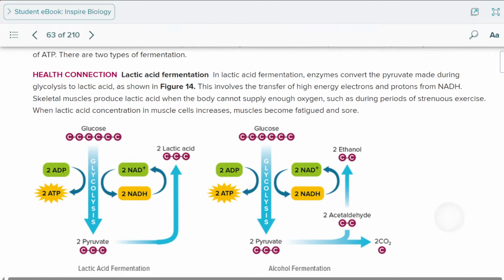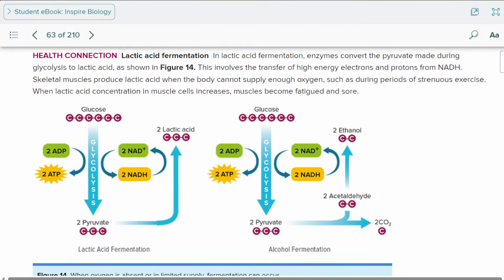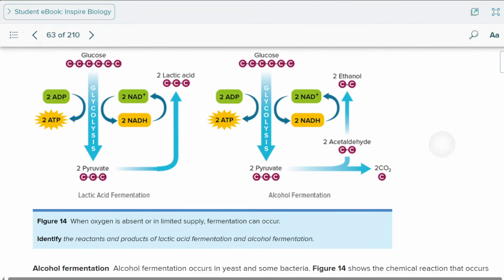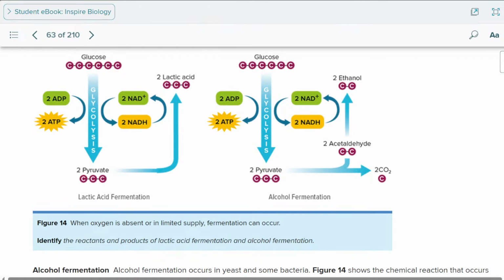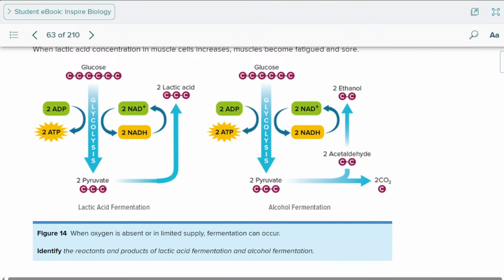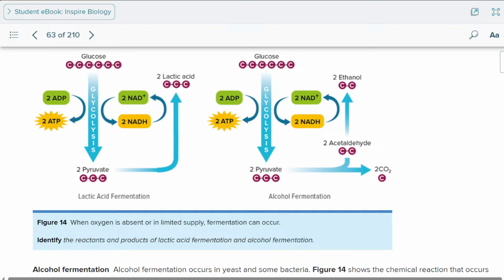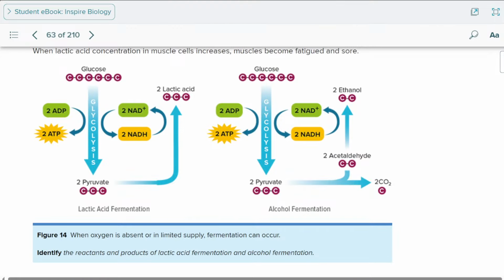So now we're gonna get to here. We're gonna look at this. So this is the glucose. That's glycolysis. You get the 2 pyruvate, and after that you produce 2 lactic acids. So this one, the one that produces lactic acid, is for us humans and animals and the muscle cells, you name it. But when you get to the glycolysis here on the right, which is the alcohol fermentation, which we talked about,